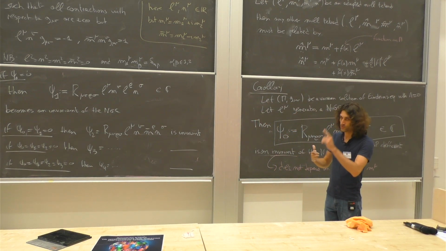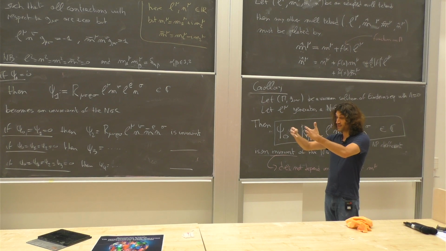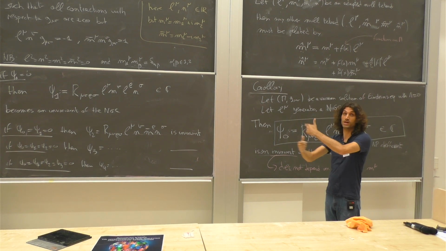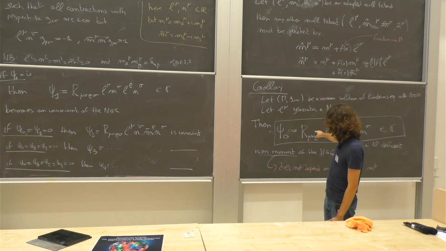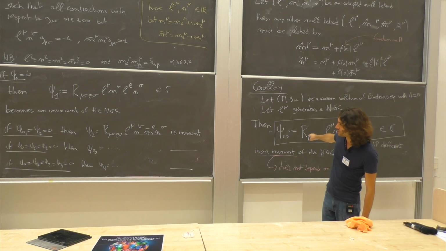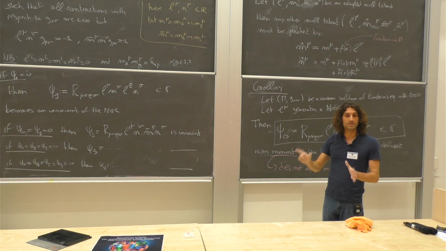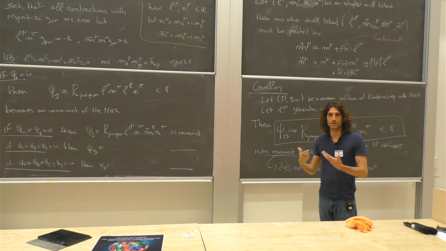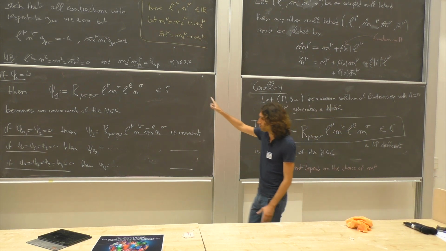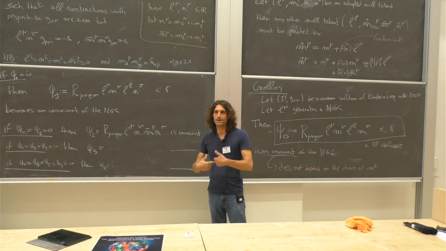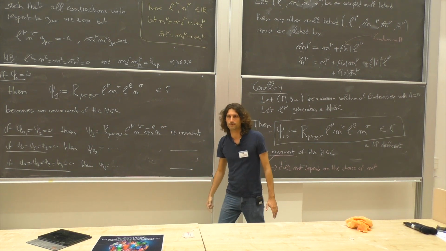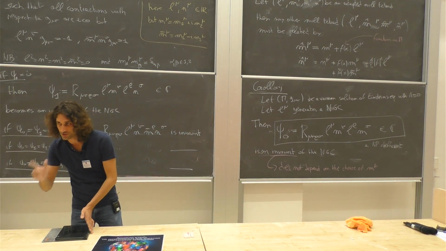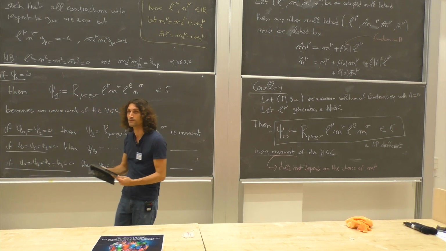But again, the reason why it works is because naively there are many components in the Weil tensor, but because of the Bianchi identity, many of them are just the same. So in fact, at the end of the day, there are only these 5 complex numbers, psi 0, 1, 2, 3, 4, which are independent numbers defining the Weil tensor. So that's why I'm saying if all of them are zero, then it's completely zero. And then you should ask the same question, what about this other one? But I'm telling you, they are already taken care of. Okay, so it's a good question. It's an exercise to check that indeed this works like this.